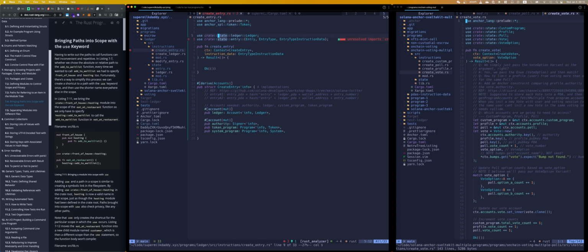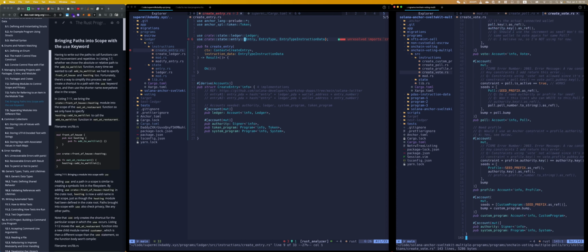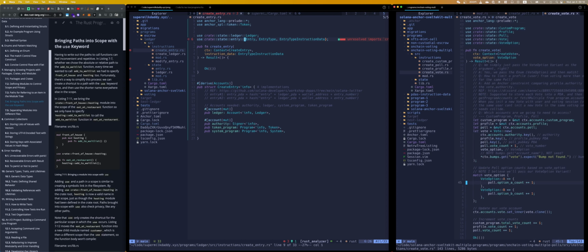And again, I'm just making the ledger available, and I wonder, like, state, this is pulling in a few things from state in this voting. And if I look at